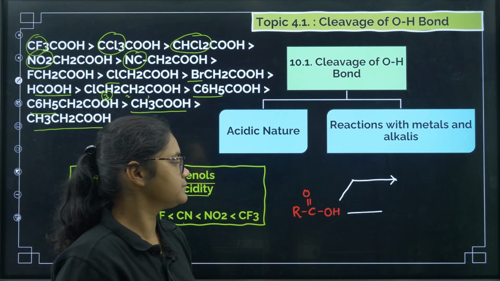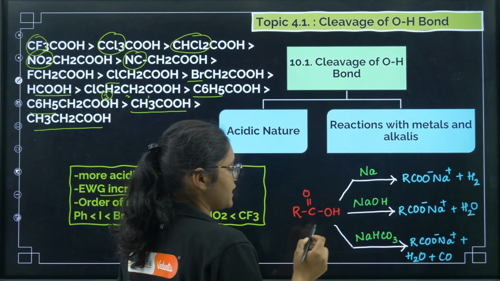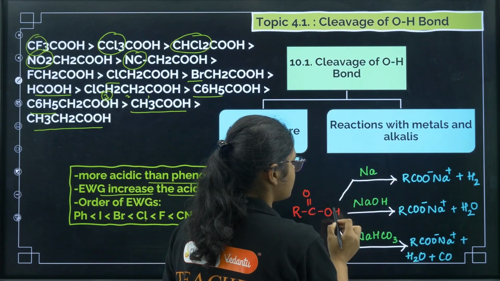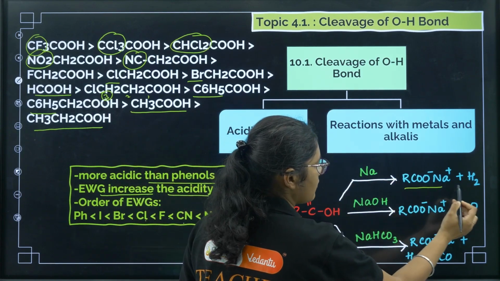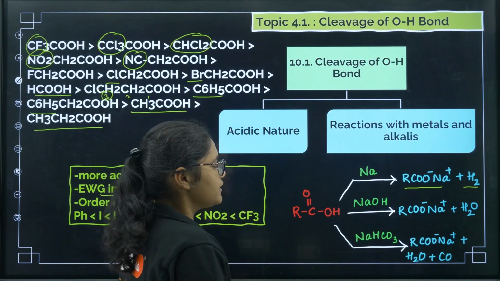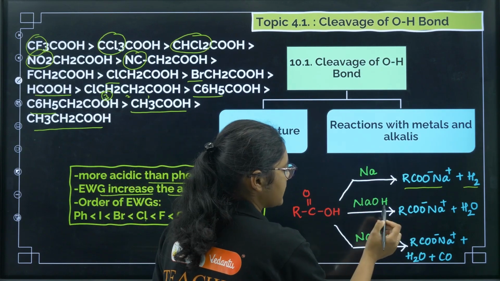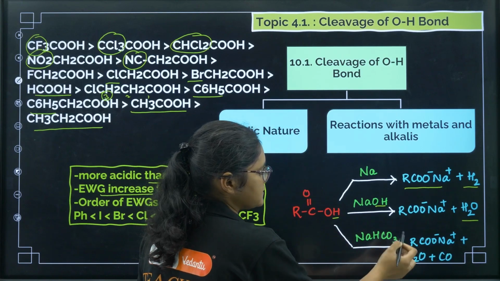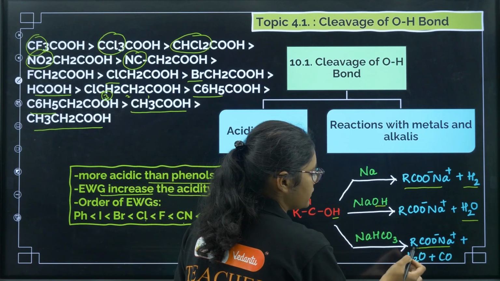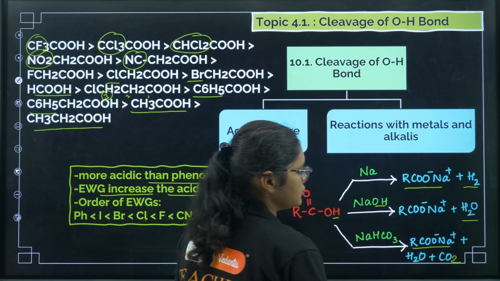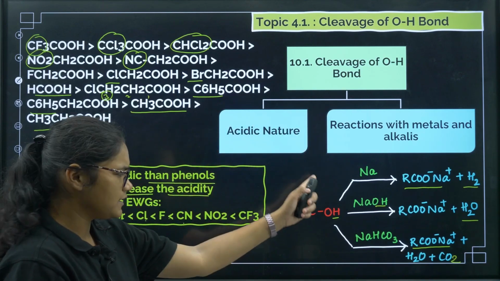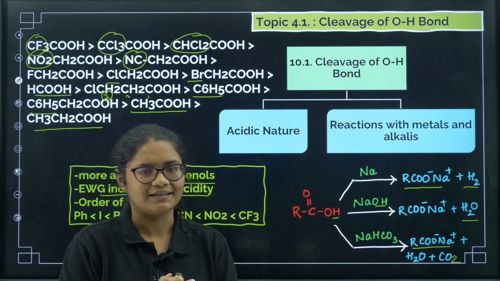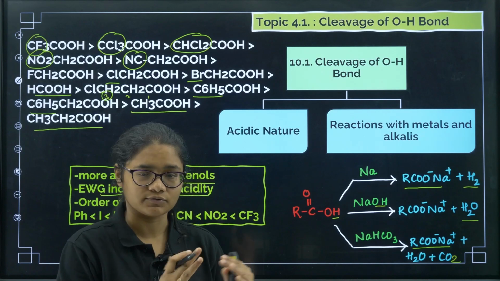Now coming to reactions with metals, here we have 3 types of reaction. One is reaction with Na, so O minus Na plus will form with the production of H2 gas. If there is NaOH, so O minus Na plus, and this H and this OH will give you water. And if NaHCO3 is there, then you will again get sodium salt plus H2O plus CO2. Clear? These are normal reactions of metals with acids we have studied in class 10th also, so very easy